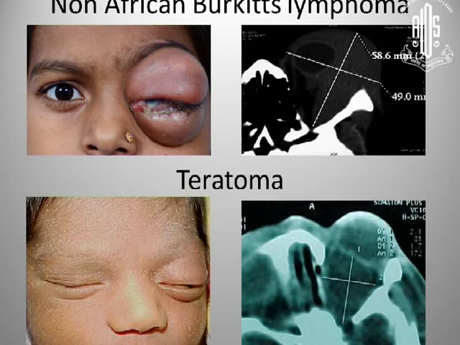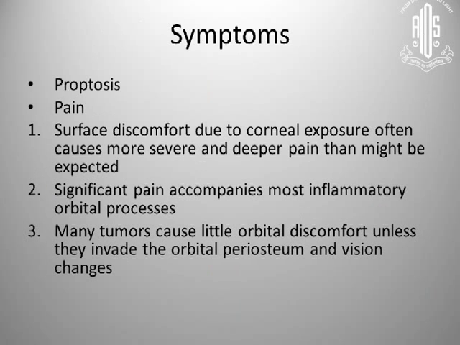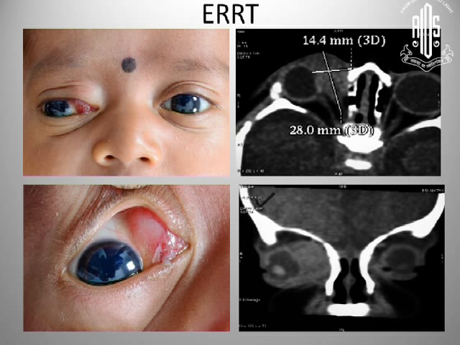The type of tumors which occur in children is also a little different from that in adults, and the ophthalmologist should keep this in mind. You have to have a very high index of suspicion because the presenting symptoms can be very varied, and infection can masquerade. A tumor can masquerade as an infection, or a simple surface problem can masquerade as something more severe, just because the symptoms produced are both.